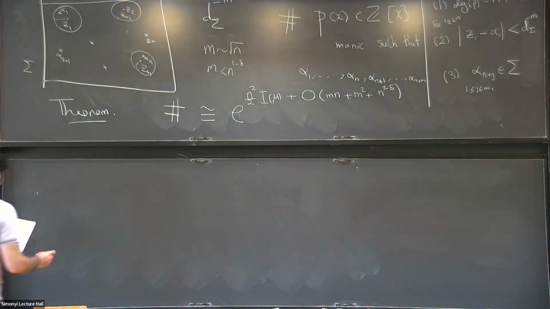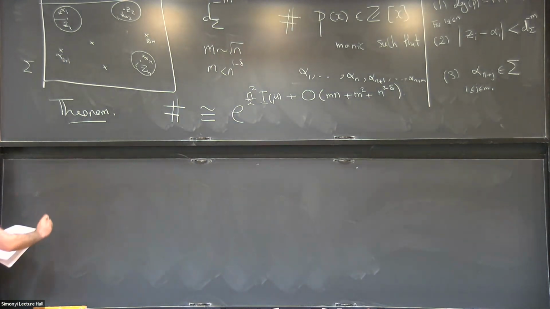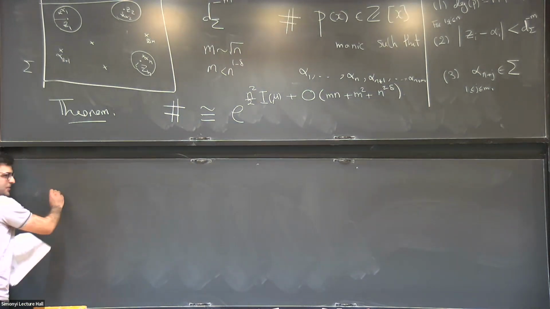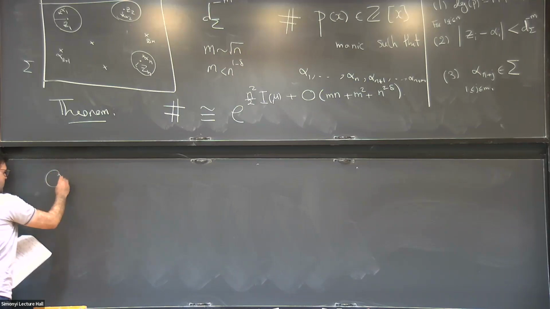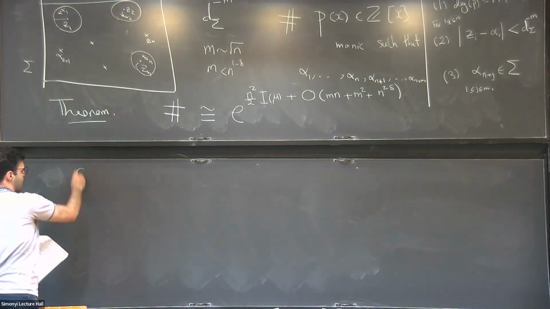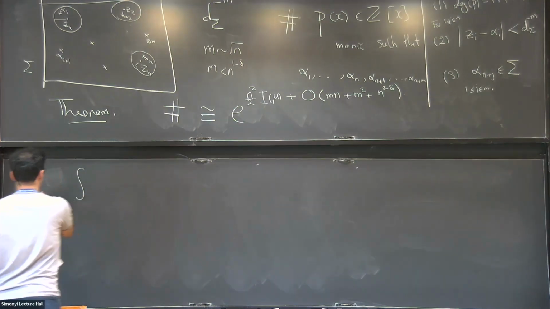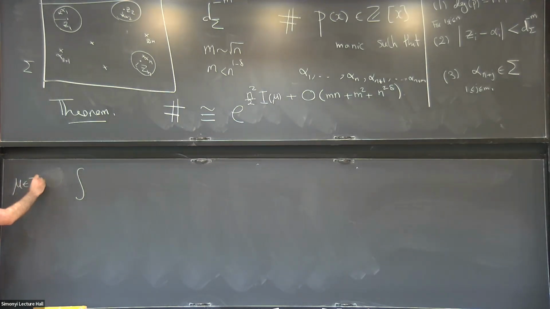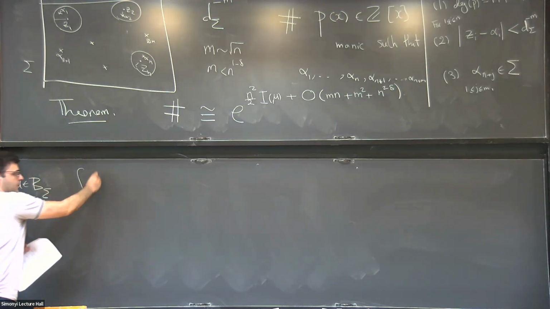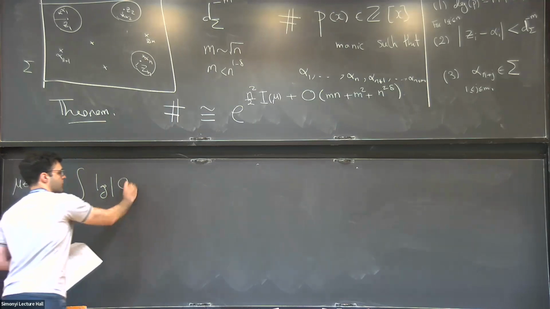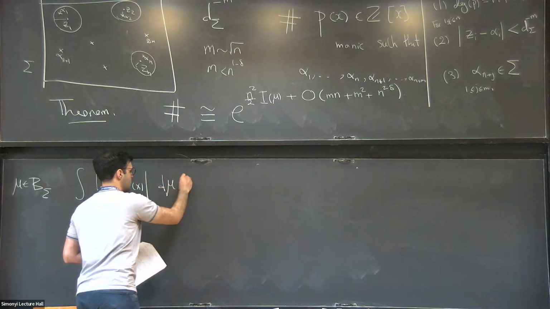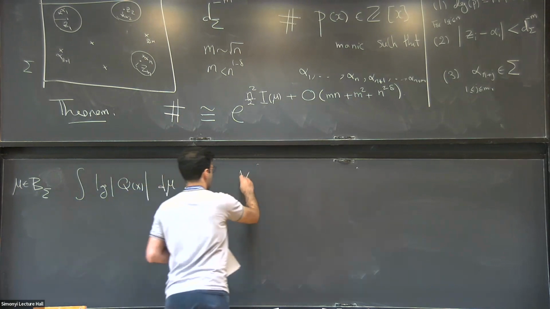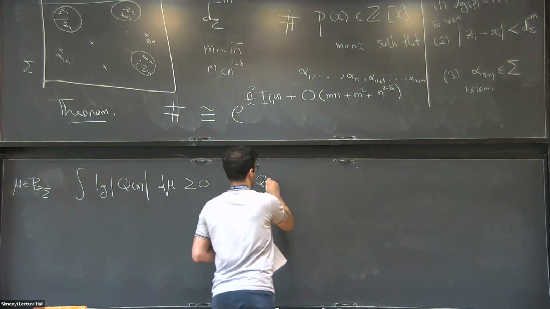Okay, so let me state what I just mentioned. This is due to myself and Orloski. An important input is that if we start with a measure inside sigma, which means the integral of log of q(x) d mu is positive for every q inside the x,